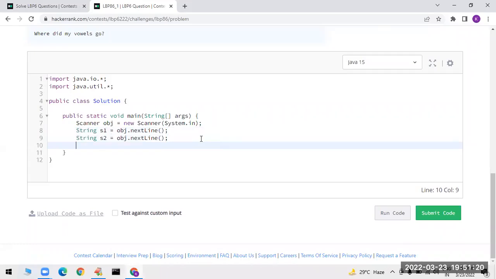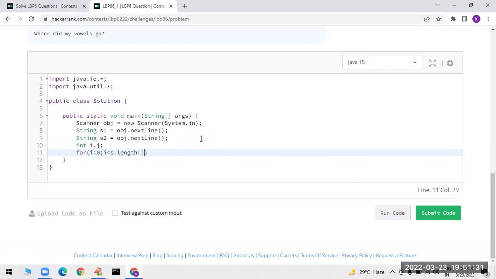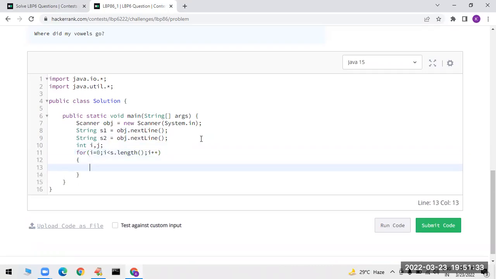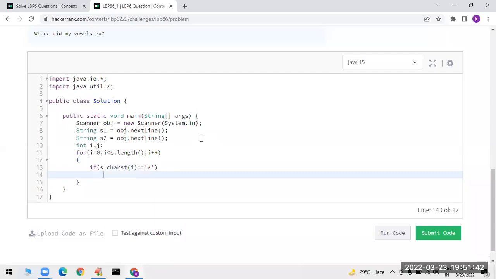So what is the next activity? Integer, I require two variables. For i equal to 0, i less than s dot length, one by one I am trying to fetch each character. Every time you have to check whether the character located at the ith position is equal to star, meaning